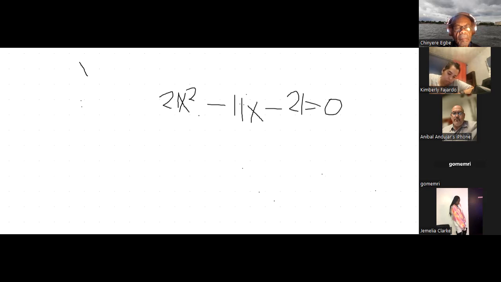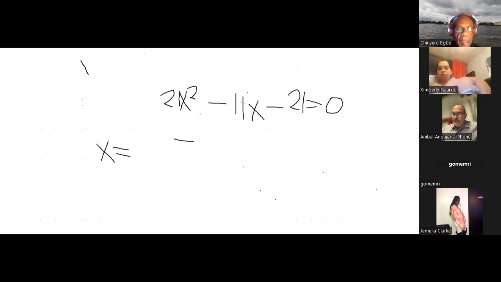So x will be equal to minus b, which is minus times minus 11, plus or minus